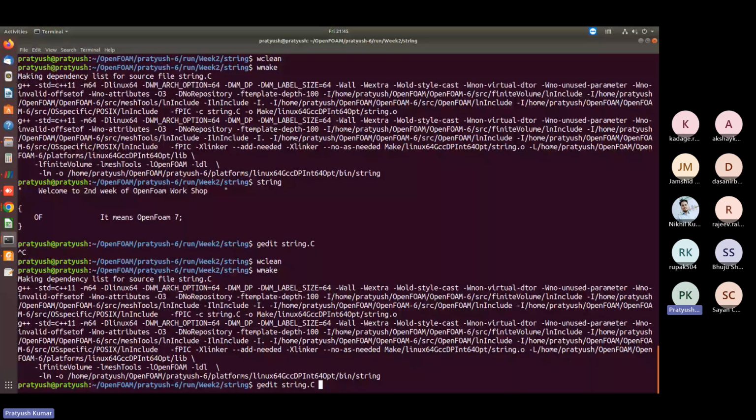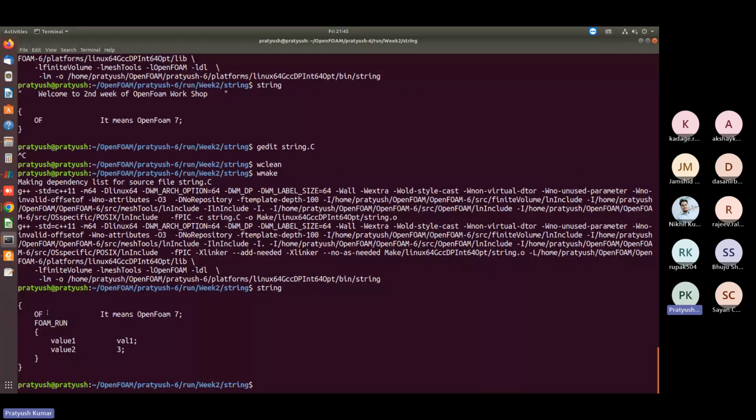See, initially we have defined an original dictionary with the name OpenFOAM, and it means OpenFOAM 7. Then we have defined a sub dictionary, and the sub dictionary, as you can see here,